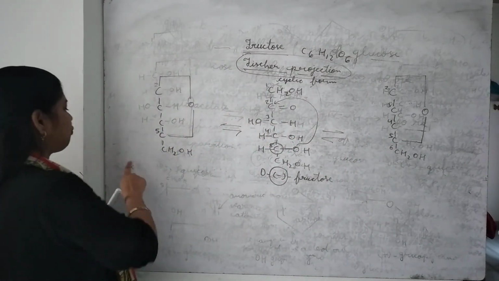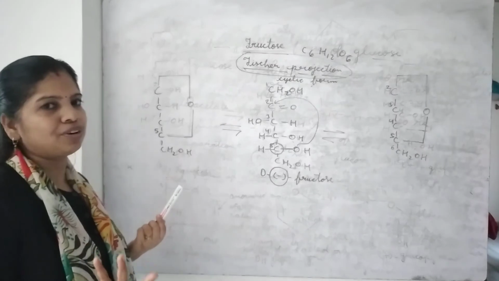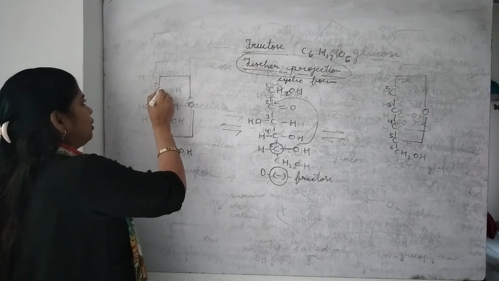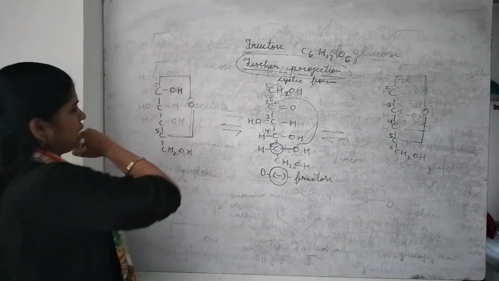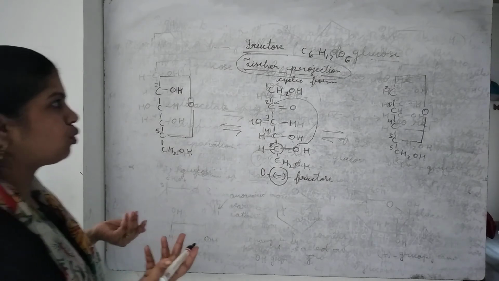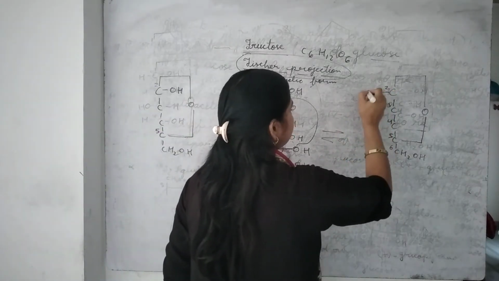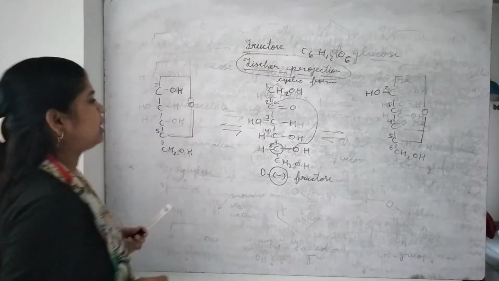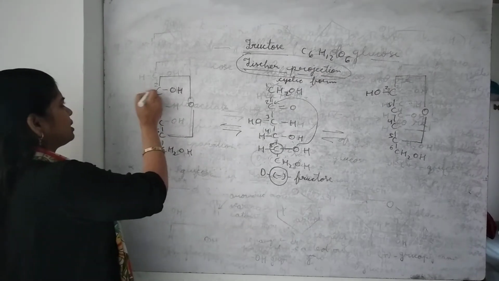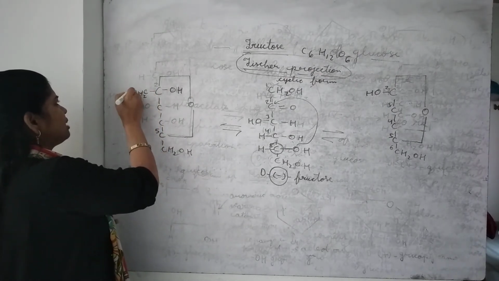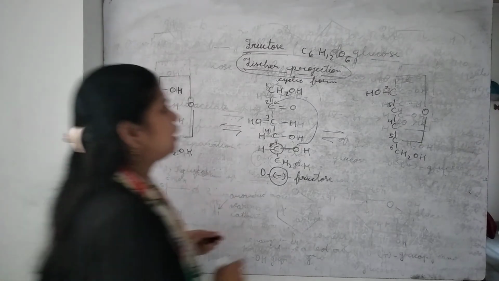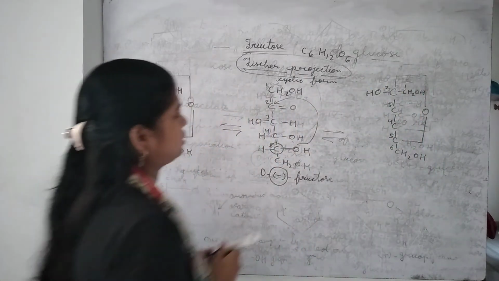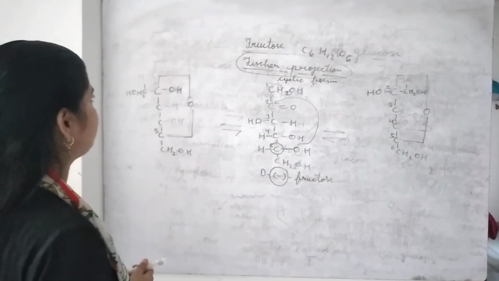Now it is the alpha form of fructose. As I usually discussed, in the alpha form of glucose OH will be on the right hand side, and in the beta form of glucose OH will be on the left hand side. Now we have the CH2OH primary alcoholic group. So on the opposite side there will be CH2OH. The first carbon atom it is, and here on the right hand side. This is the first carbon atom. Now all other structure will be similar.